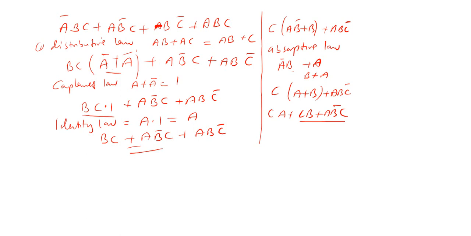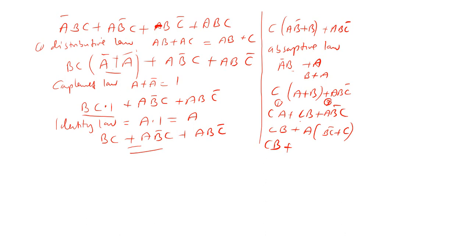So we are having CB and we are not going to consider these two. We are considering the first one and the third one. So we have CB, or we factor A out, which is common, and we have B not C or C. Then using the concept that we have used here, we'll remain here with B or C. So C complement will go. So we shall remain with CB